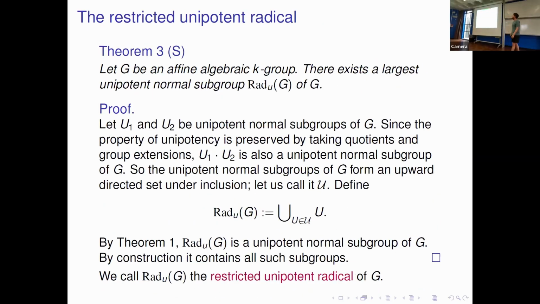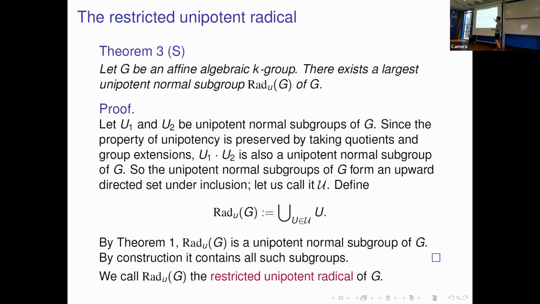Take an affine algebraic group. There exists the largest unipotent normal subgroup, which we call rad_U G. The proof goes along a similar line. Firstly, you take two unipotent normal subgroups. The product of them inside G is again a normal subgroup, and it's unipotent precisely because the property of unipotency